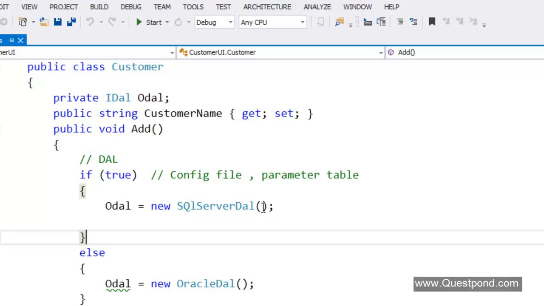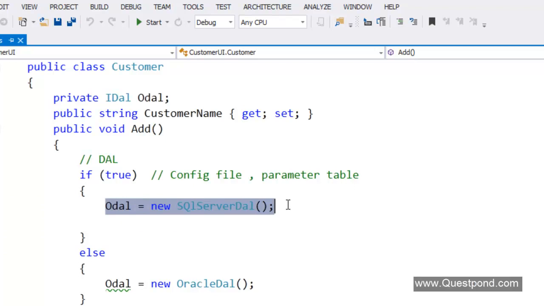Now, if you watch very closely, the reason why the current architecture is tightly coupled, or why the customer class is tightly coupled with the data access layer, is because of this new keyword. Because this middle layer or the customer class is doing too much work, and especially it is doing the work of object creation.